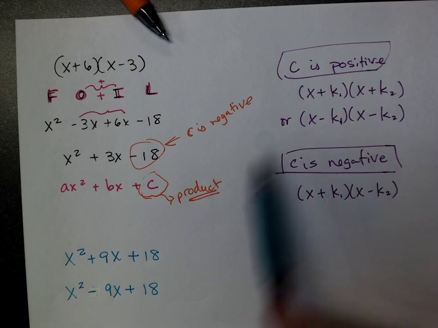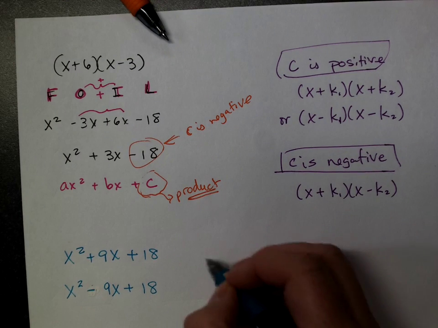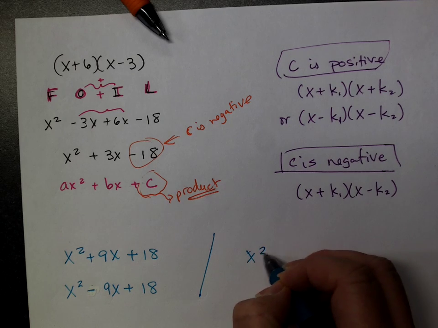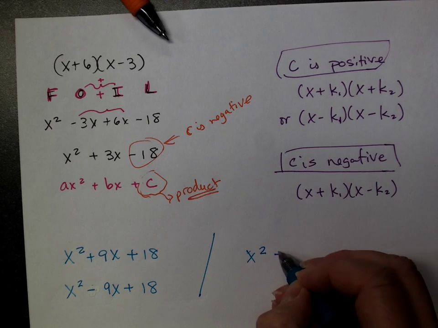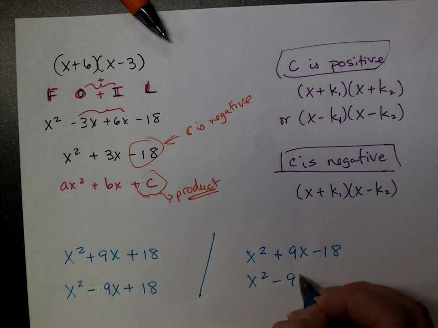How do you know which one? The middle term will tell you. Positive C means the signs are the same, 2 pluses or 2 minuses. Okay. If you've got, let's say, x squared plus 9x minus 18, or x squared minus 9x minus 18,